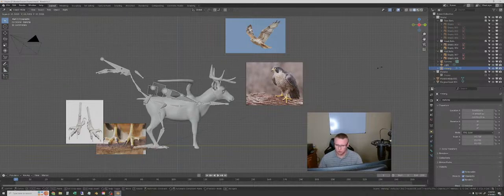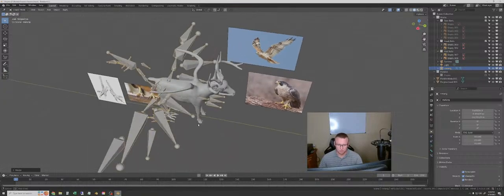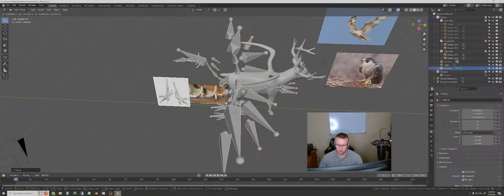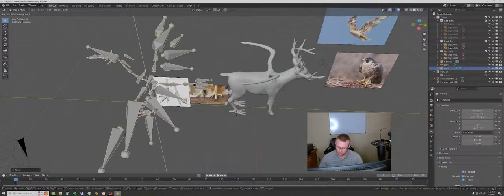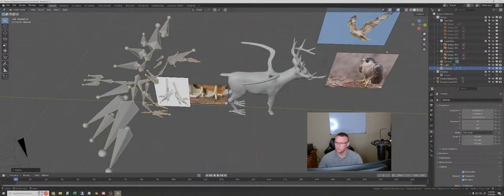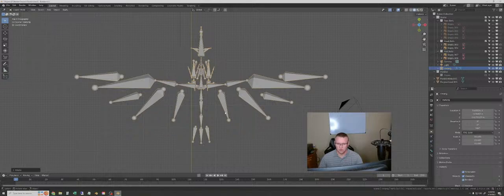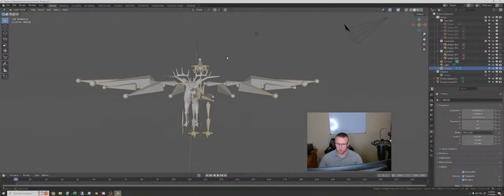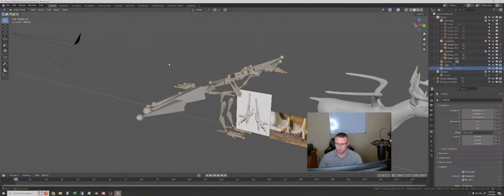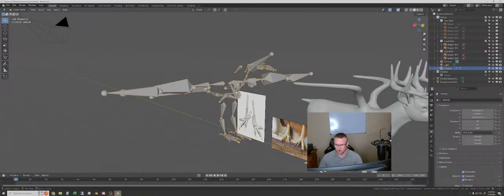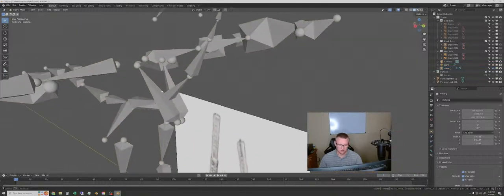We'll just scale it up. We're not going to use this rig, but let's move it back a little bit, and then I'll rotate it. So you can kind of see this is the head of the bird on this. This is the bone system. These are the wings. So what I need to pay attention to is, for one, these bones here will replace